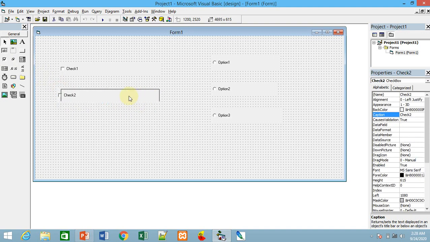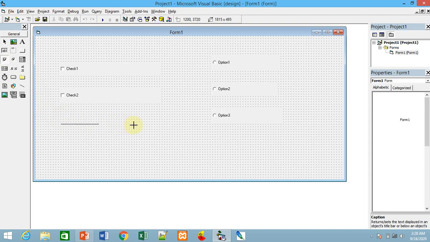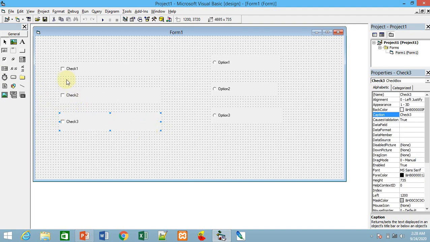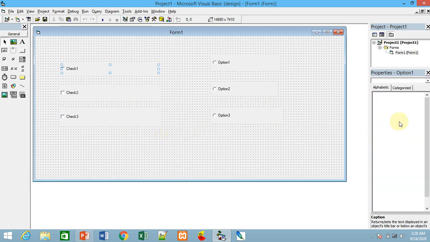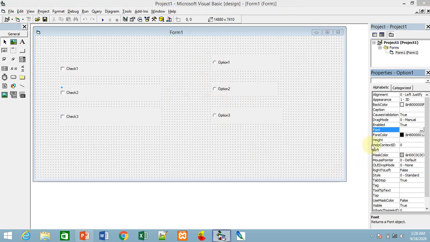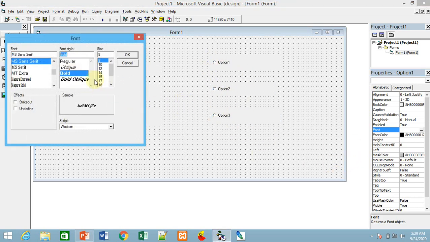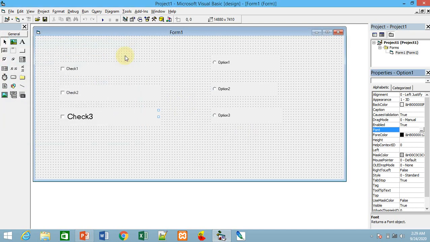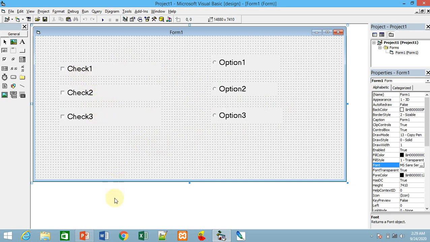The nature or characteristic of the check boxes is that the user can check the option. Here you can see easily. I will make all the controls' font a little bit bigger, so that all of you can easily view the option buttons as well as the check boxes. So I will make it 17 or so. Now you can see all these option buttons and check boxes easily.